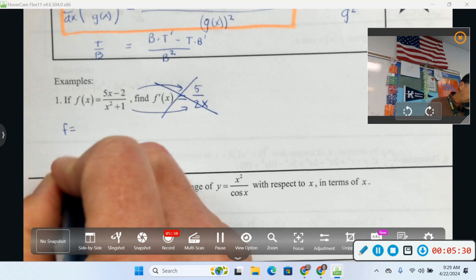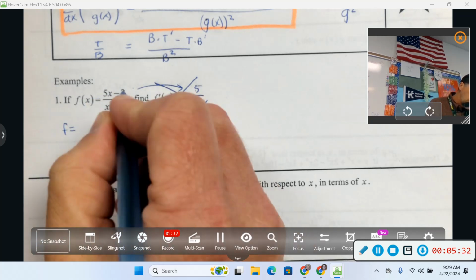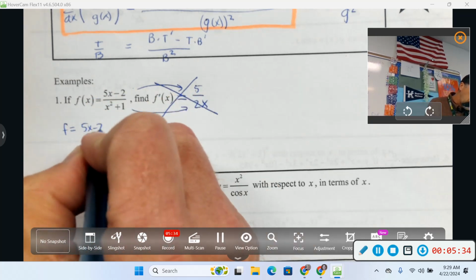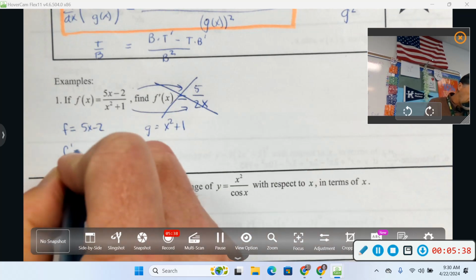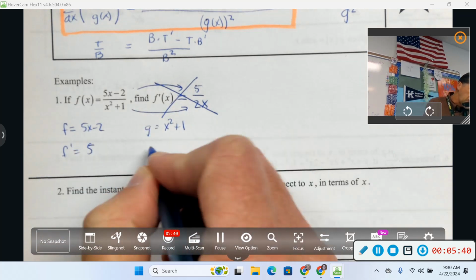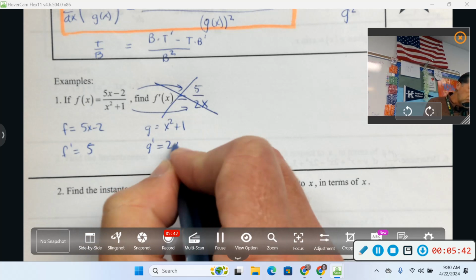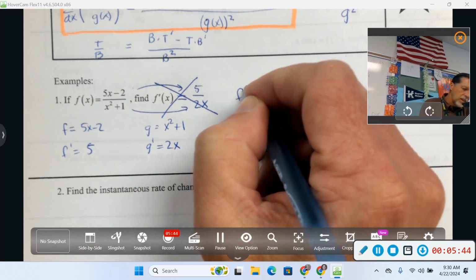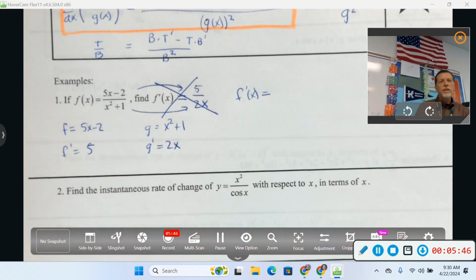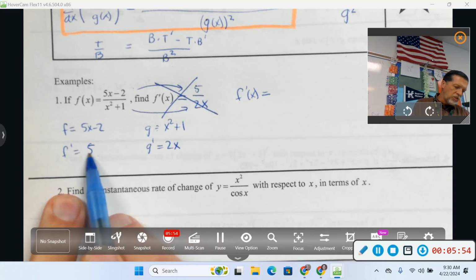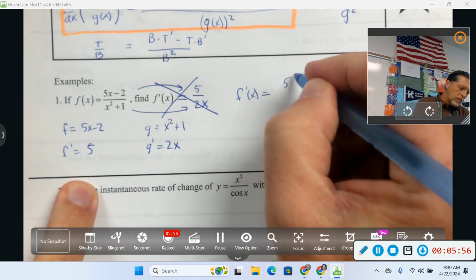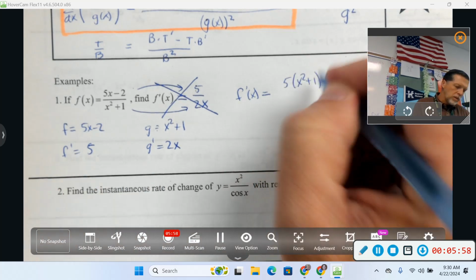So I'm going to write out the pieces again. f is the top, g is the bottom. The derivative of the top is 5, the derivative of the bottom is 2x. And then our overall derivative would be gf prime. So I've got to get this correct. gf prime: 5 times x squared plus 1